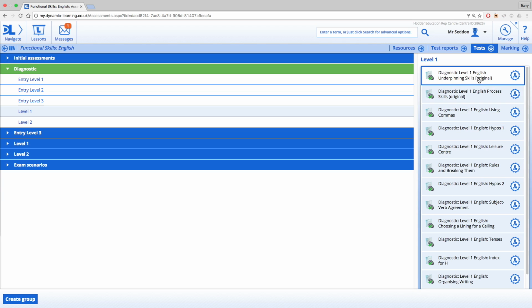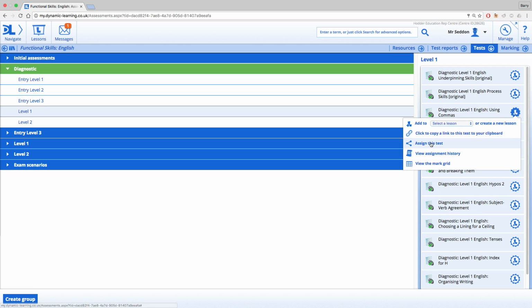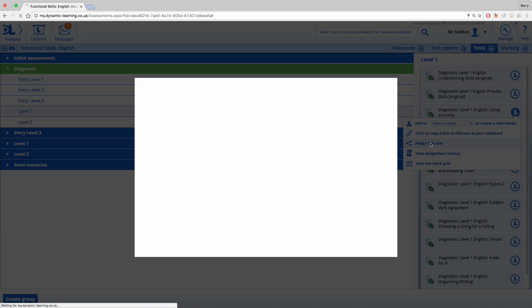And again, there are original ones and the brand new ones as well, so make sure that you pick the new ones. If it has original written there, that's an old diagnostic you don't need to use. So it was starting here, and you can click the cog and use exactly the same method to assign